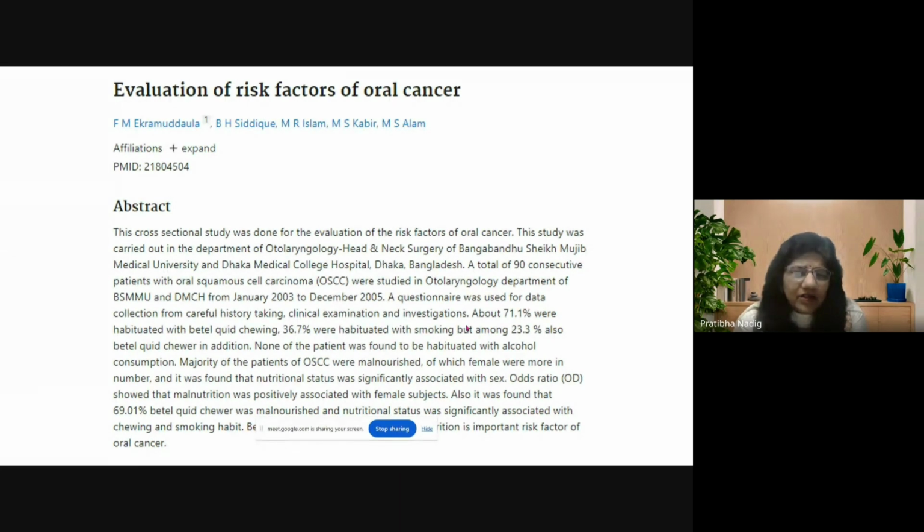One-time study. Just go and conduct a questionnaire-based study on patients with oral cancer, which we have plenty, and then ask them, since when did you have this habit of chewing tobacco or smoking or malnourishment? So this was also a simple study, got a good publication, and it is a PubMed index journal. So very simple studies can be undertaken. Only thing is we have to get properly involved, and we should start thinking whenever we see patients.